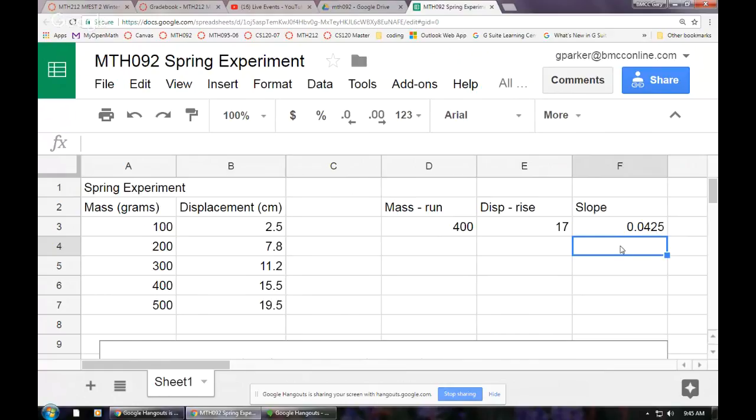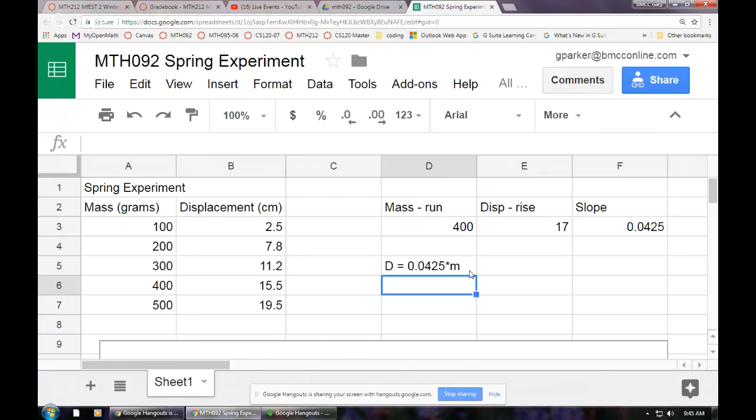So that's the slope. Now, theoretically, we would predict the y-intercept to be 0, because if we don't put any weight on the spring, it's not going to get stretched. Okay, so then I think my model here is that the displacement is going to be equal to 0.0425 times whatever mass I put on there. I'll use a lowercase m. So I think that's my equation. So then I can use that to do my prediction for